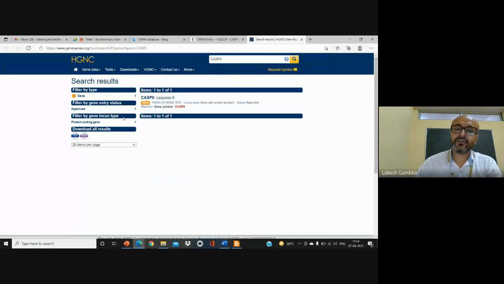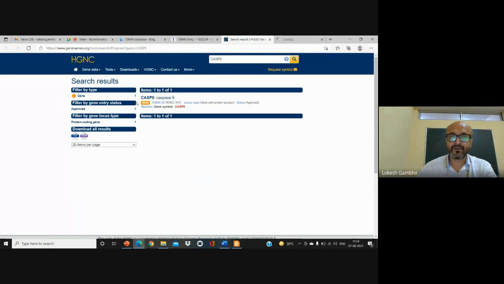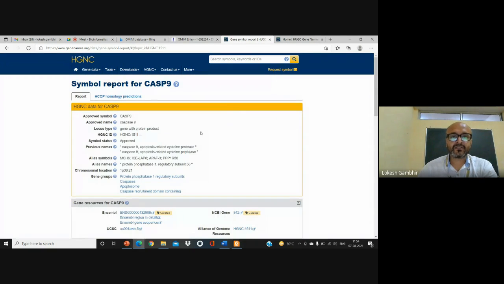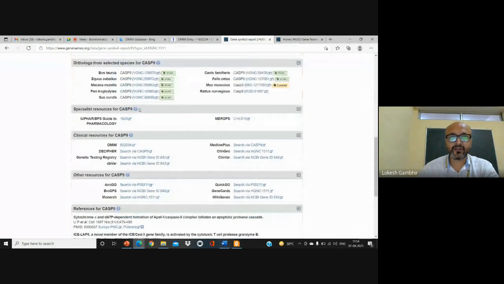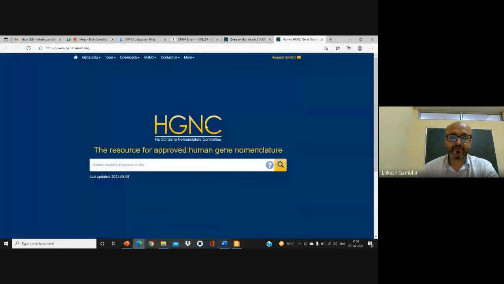If you click on the gene aspect, you will be taken to the HGNC database. Now, what is the HGNC database? It is a gene collection database. You click on that entry and go directly to the HGNC page, which is specific for Cas9. The pattern is somewhat similar to SwissProt, but here you will find different information. First you should understand HGNC. What is NC? NC is nomenclature committee. Gene nomenclature committee.